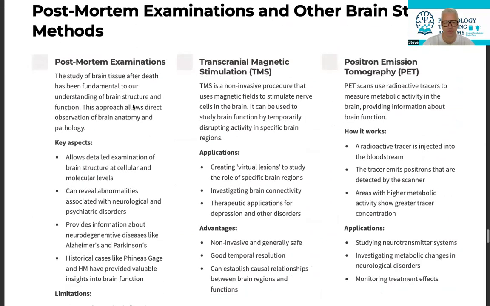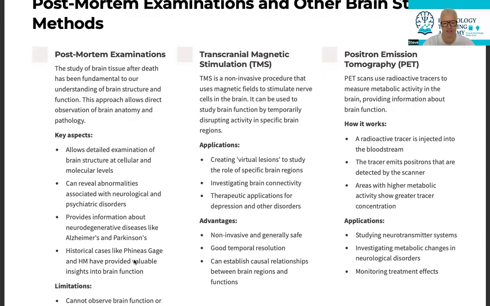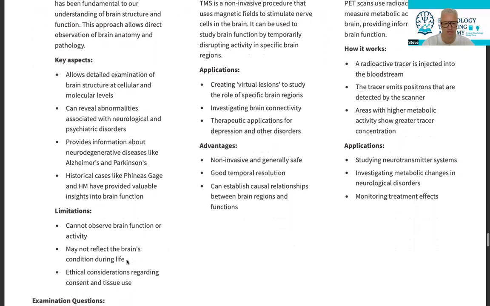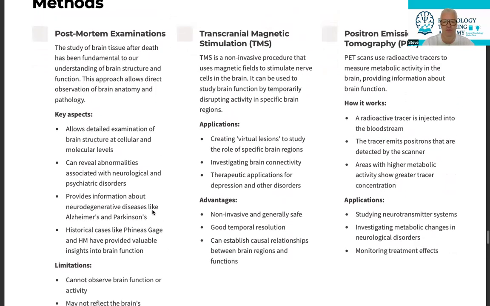There are also post-mortems, where people have passed away and you can study the brain in more detail. So if you're studying things like Alzheimer's or Parkinson's, or the classic case of Phineas Gage, he was a railway worker. He had an iron bar that shot through his face and landed about 80 meters away. HM, that they provided insight into how brain damage can affect people's behavior.